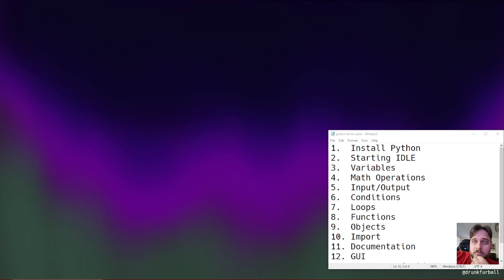If you're using Mac, the process will be quite similar, but you can probably check to see if you have Python on your computer already. I believe Macs may come with some version of Python already installed. It's entirely possible. If you're running Linux, it's almost a guarantee you've already got some version of Python, but I'll show you how to check that, and you'll be able to see if you want to update your Python so that you're following along with us,